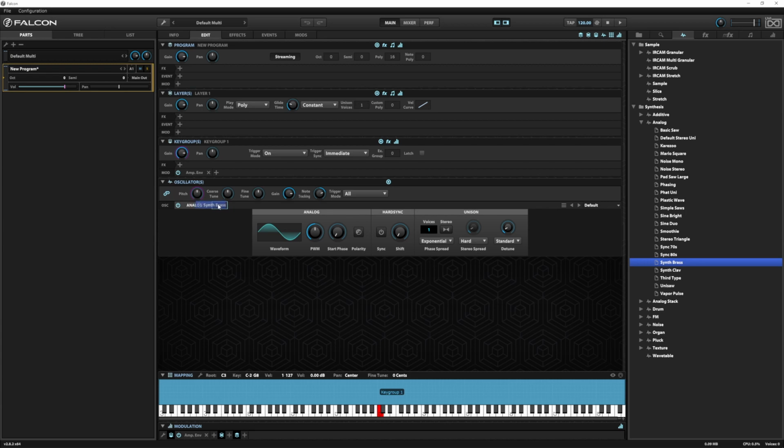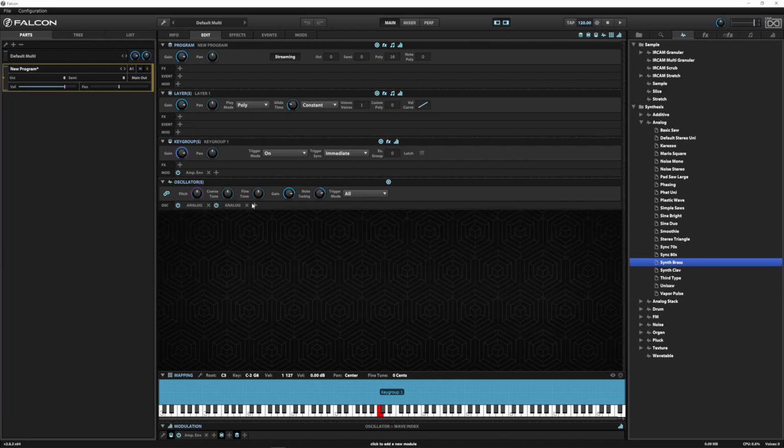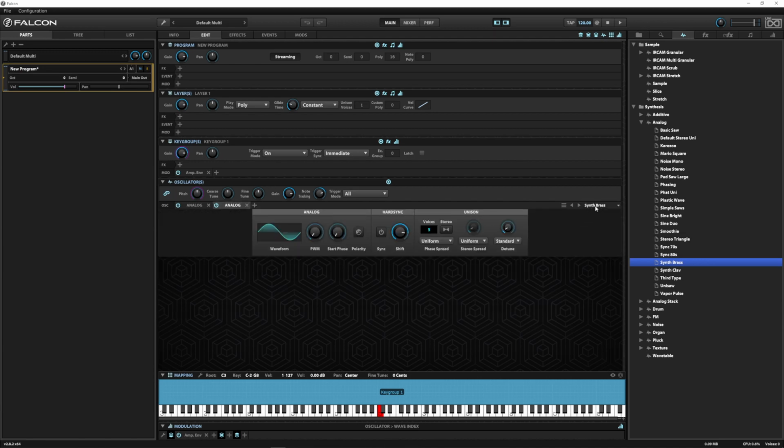And you'll see that. I'll try and show you all the different ways I know. There's probably ways I don't know. So I'm going to drag this one here to the plus. I've got another analog. This one's got the preset synth brass. And if we look, it's set itself up with some different settings to how the normal one is. You know, it's got 3 voices. It's got this set up to 30 semitones, bit of a detune and so on,